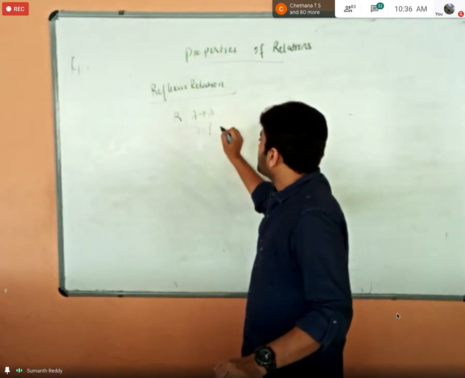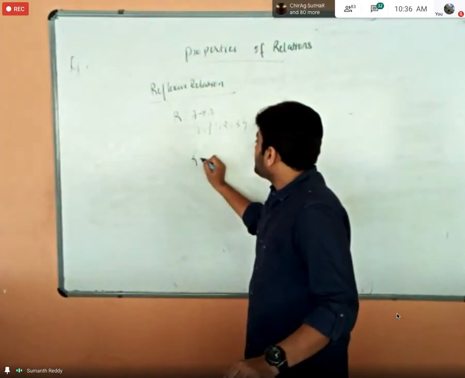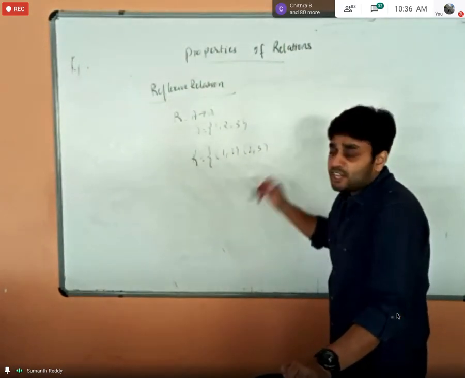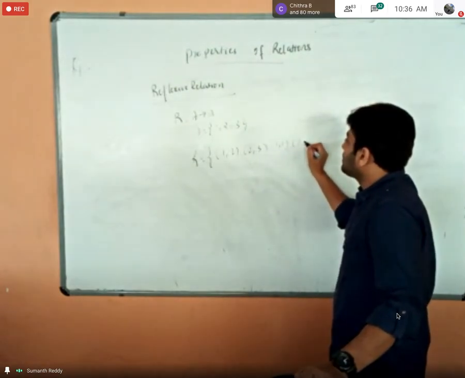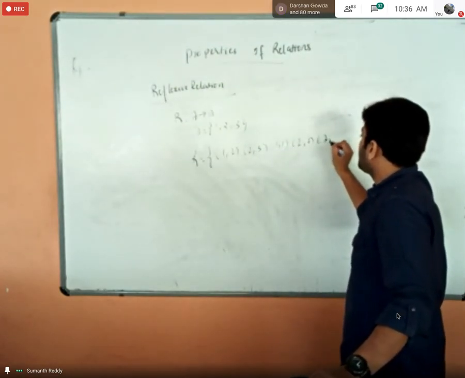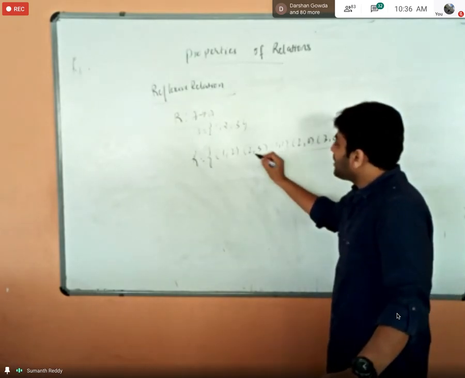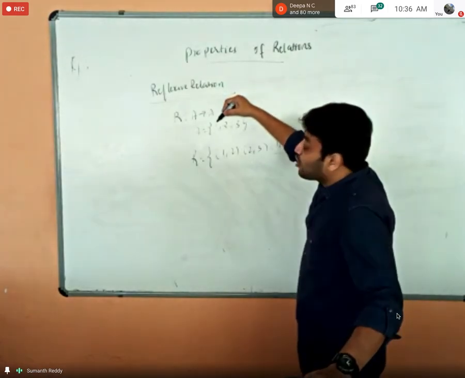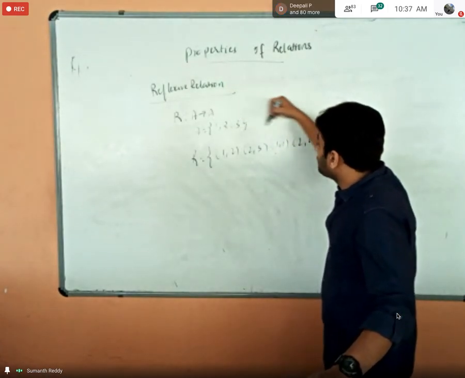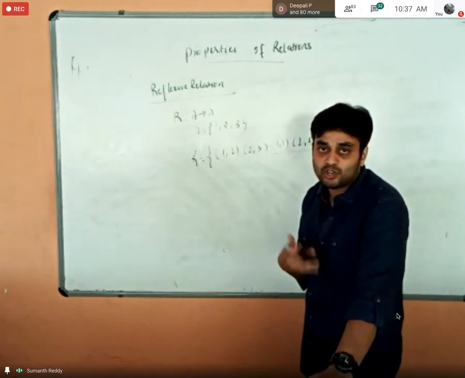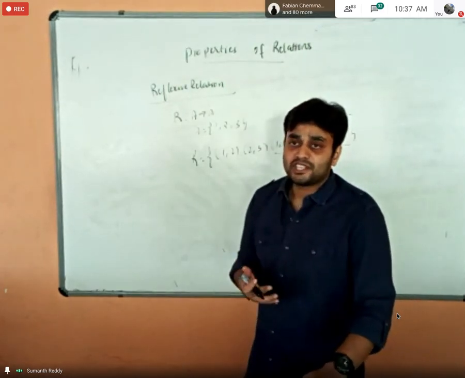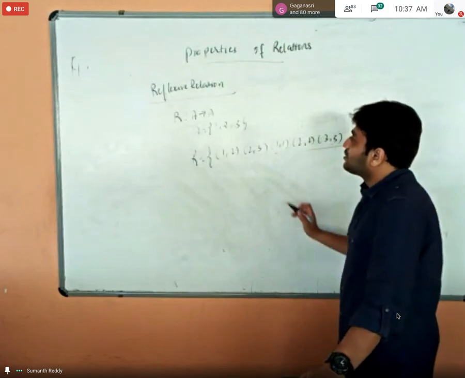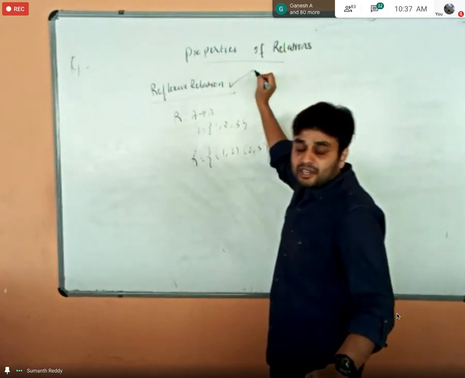One example I can give. Assume that set A contains the elements 1, 2, 3, and when you define the relation, along with the normal ordered pairs, whatever they might be, you must have the ordered pairs (1, 1), (2, 2), (3, 3). Other than these 3, you might have any other ordered pairs, it doesn't matter, but these 3 are important. That is, every element of the set on which the relation is defined must be related to itself. If the relation is defined on x, y, z, then (x, x), (y, y), (z, z) these kind of ordered pairs are important. So I think now you have an idea what a reflexive relation is, right?